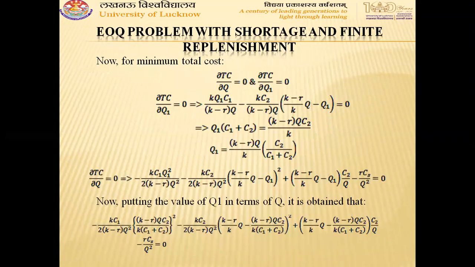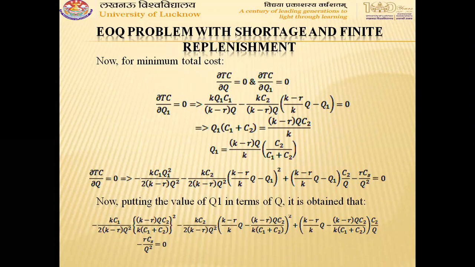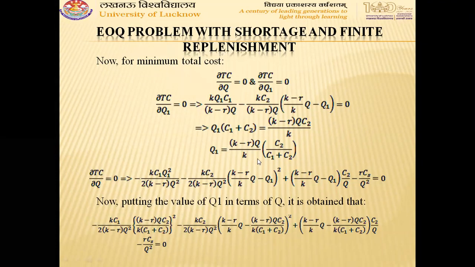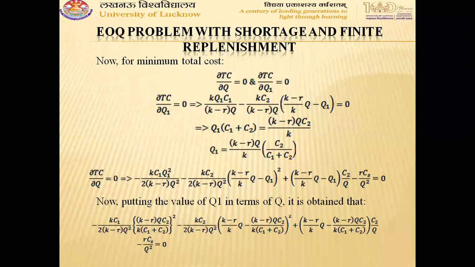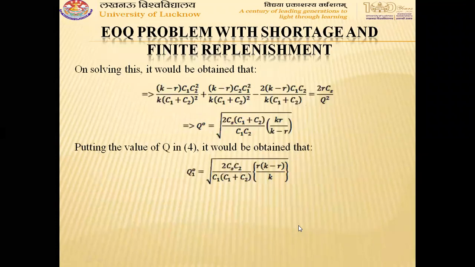For minimum, del Tc upon del Q equals 0 and del Tc upon del Q1 is equal to 0. Del Tc upon del Q1 equal to 0 will give this equation, and on solving it we will obtain that Q1 is equal to K minus R into Q upon K, into C1 C2 upon C1 plus C2. And del Tc upon del Q will give this equation. In this equation we put the value of Q1 in terms of Q and solve it. Then it will give